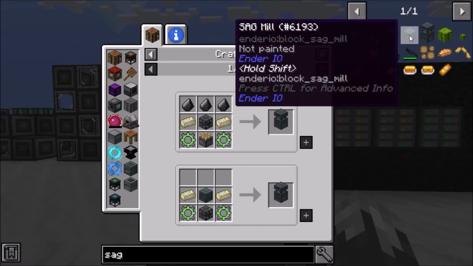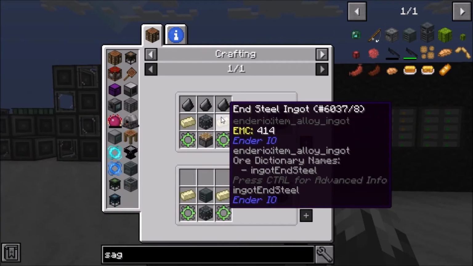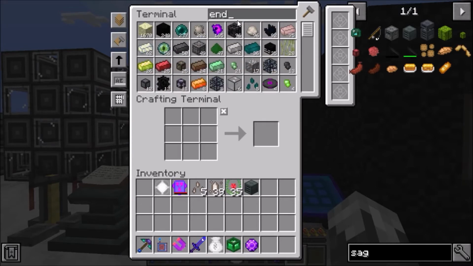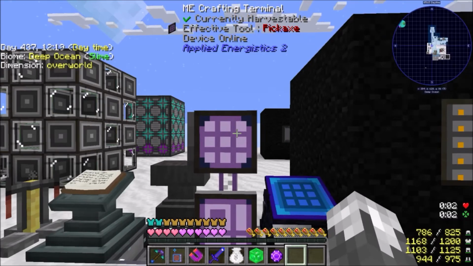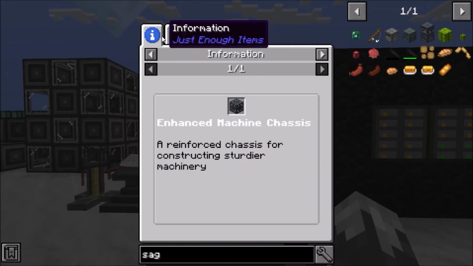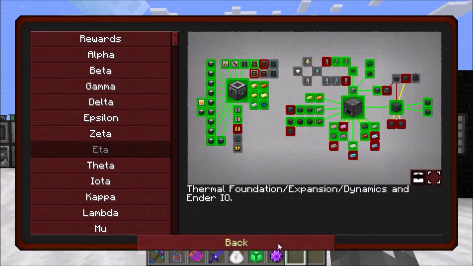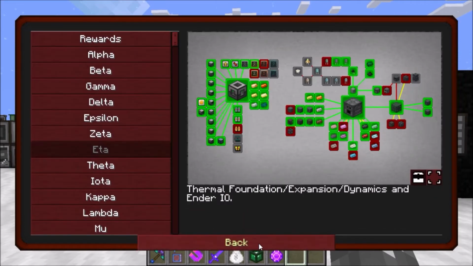And we can also upgrade these to the next tier, which is the enhanced version of it, which we need steel for, which I think we still got some of. I don't remember how much of it I made. No, I don't have any left. Dang it. It's alright. Actually, we can't do that because we've got to make the... Oh, wait, we don't have to make... Yeah, we do. The enhanced machine chassis, we've got to make the enhanced die blend, which is a bunch of work. So, there is sag mill taken care of. Beautiful, beautiful, beautiful. Why did we not... Let's look at...